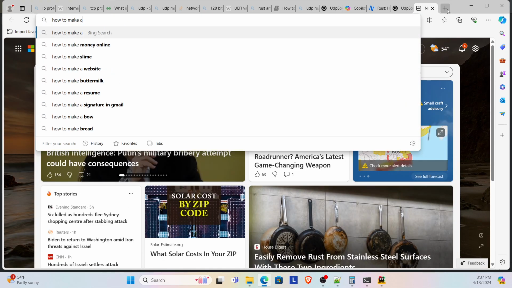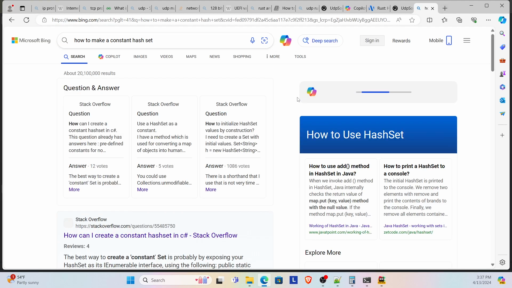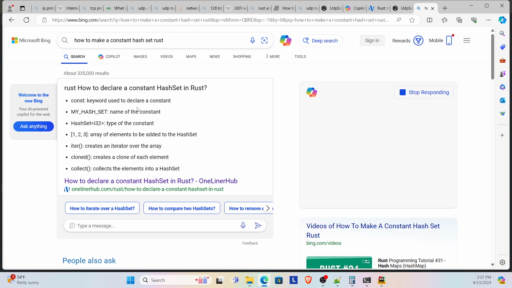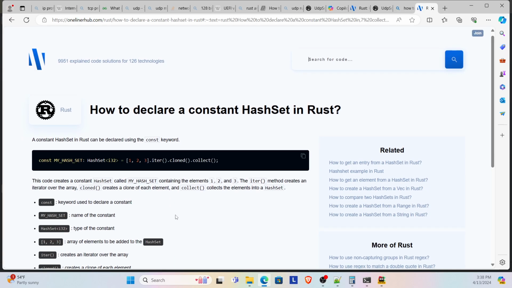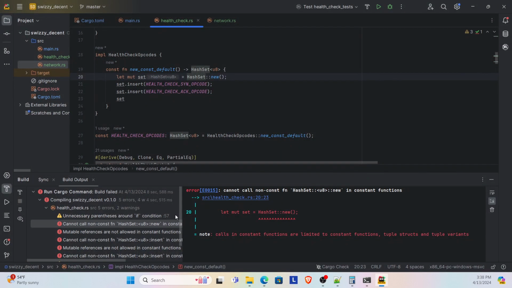How to make a constant hash set Rust. This doesn't work. What the hell? Why? Oh, you know what? Oh shoot, so but